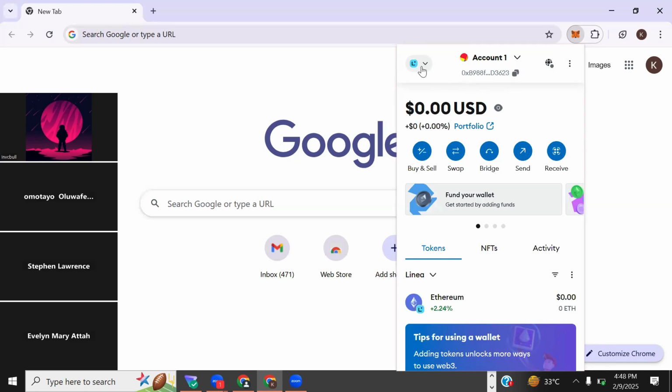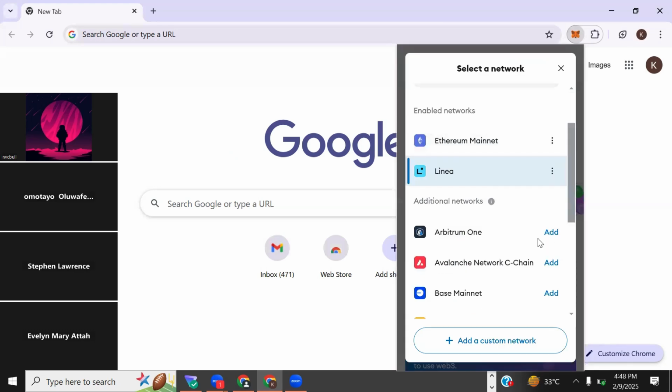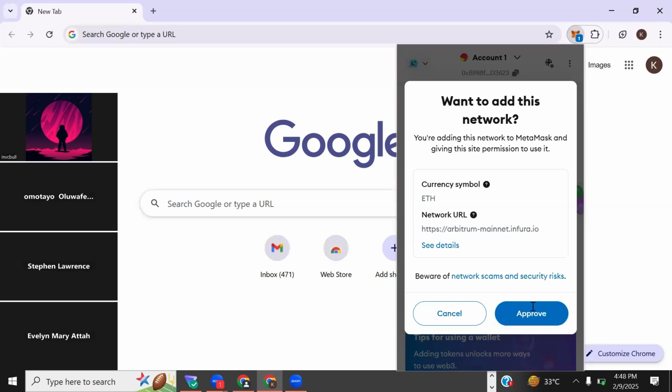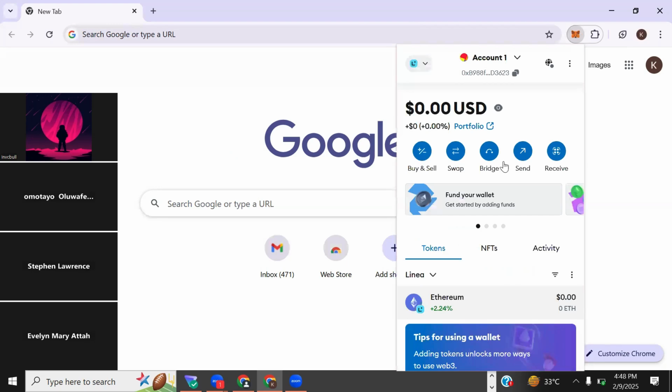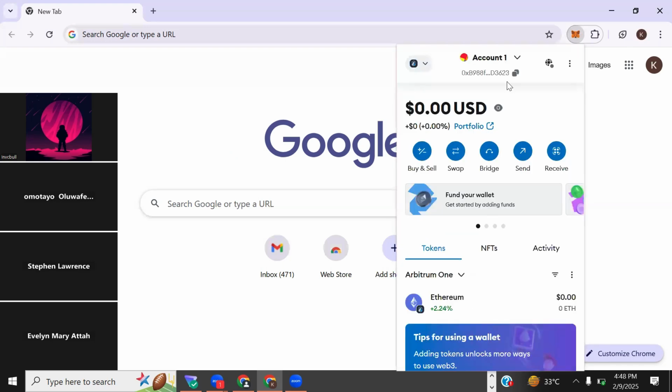So no matter which network I go to, I can go to the Arbitrum One network, right? I can add it by default and approve it here. It's adding the network. Okay, great. So I've connected to the Arbitrum One network, and we can see that my wallet address